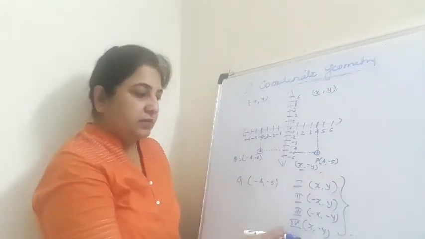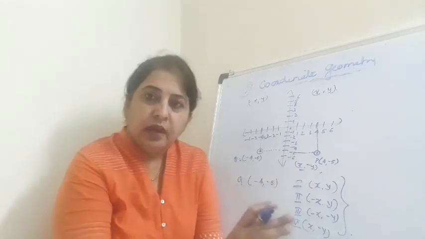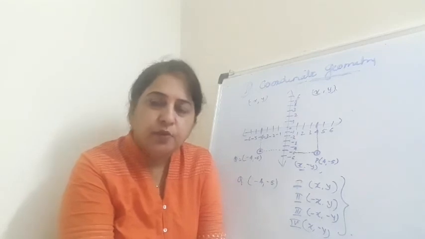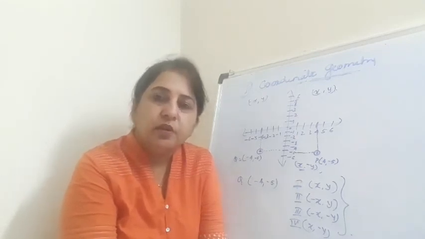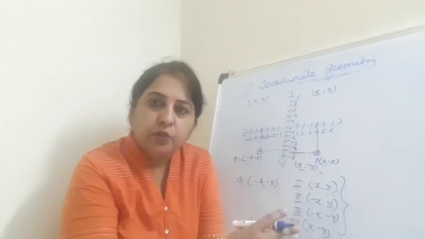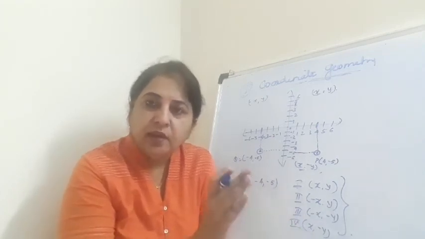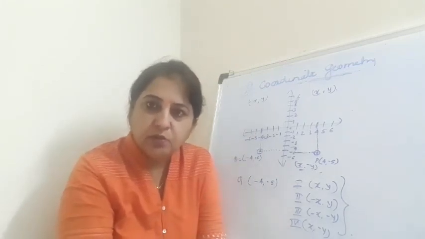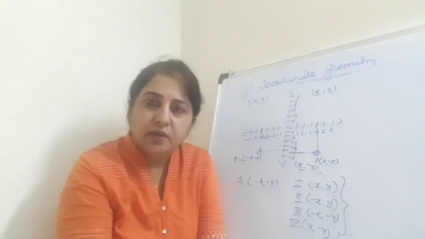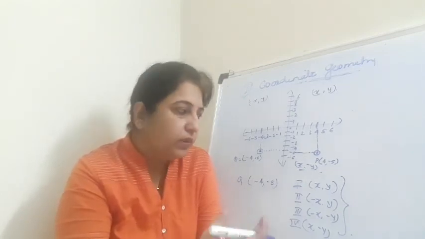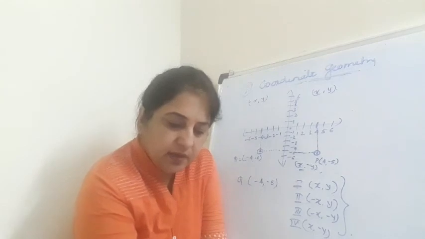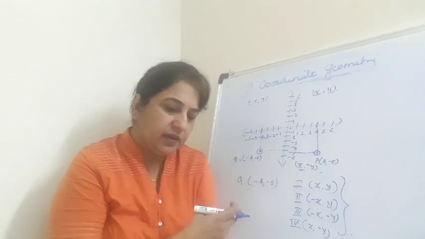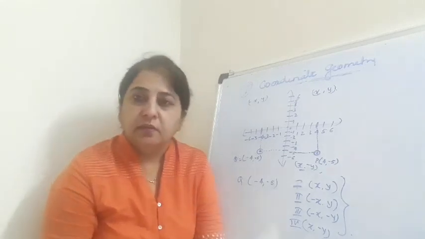Now depending on this, you will learn these, and then you can take up points on your own. Any points you can take up on your own, and then you can start plotting those points on the Cartesian plane, and you will practice this much today. Now you can take graph sheets. If you don't have graph sheets, you can do it on your plain notebook, that is your maths notebook. And children, if you have any doubt, you can ask me, and I will continue tomorrow with the same chapter. I think there are exercises now, and if there is any problem regarding what I have taught you today, you can ask me your doubts.